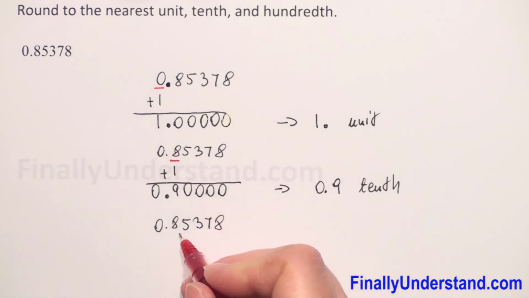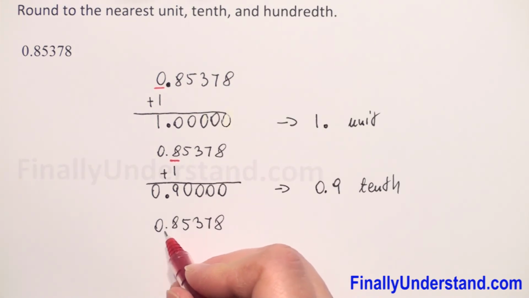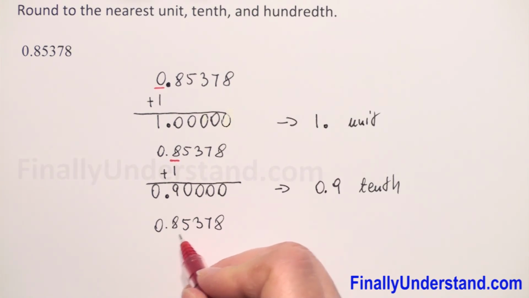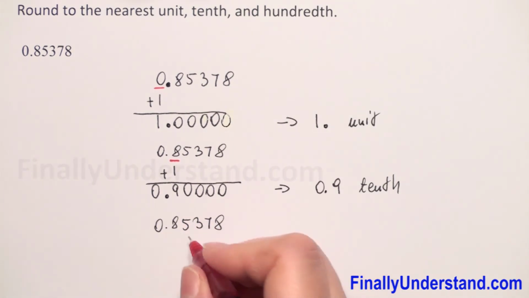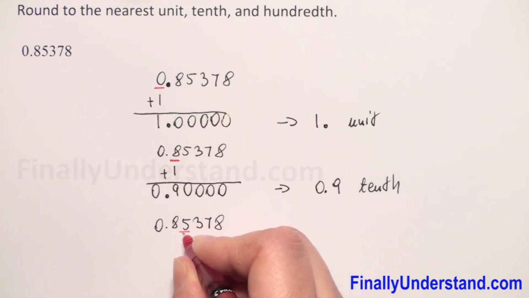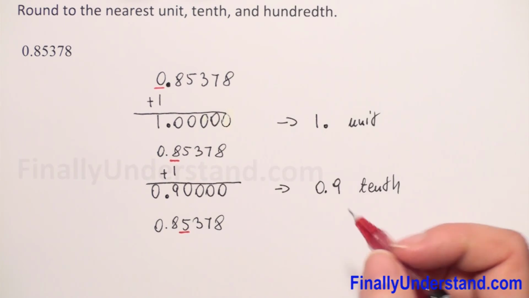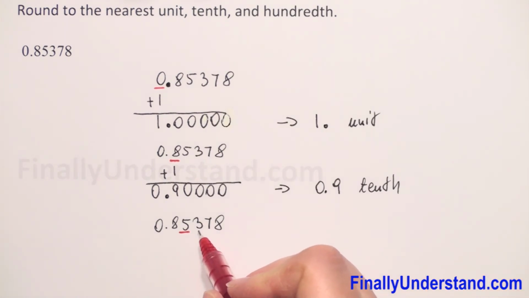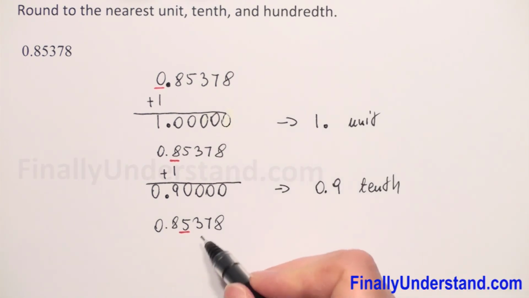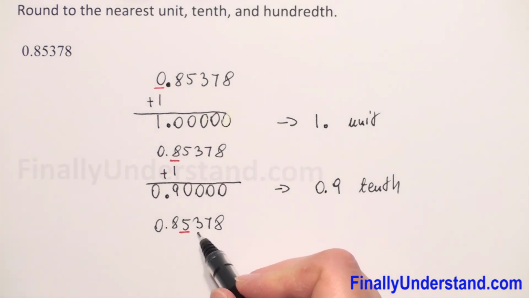Hundredth is the second digit to the right of the decimal point. First tenth, then hundredth. So we underline the digit to which we have to round our number. Next we have to check what we have after this underlined digit, which is 3. When we have less than 5,